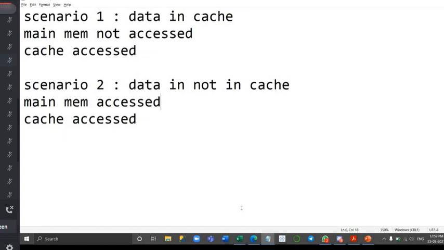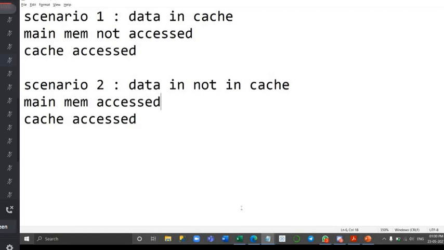So the person asked, which I had the same query as well: when we are coming back from the main memory and we are loading it in the cache, shouldn't we add that cache access time as well? Okay, but for that scenario, sir mentioned that this is being done in parallel. The accessing of the main memory for fetching the data and loading it into the cache is being done in a parallel sequence. So that 1 microsecond essentially includes the time used to write the data from the memory into the cache, and then the rest is coming into the processor.